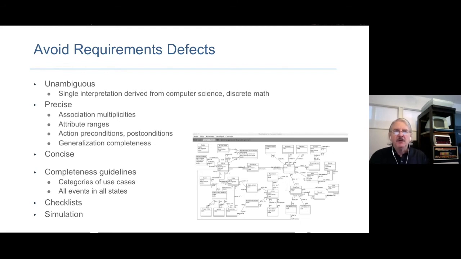The first three bullets here, unambiguous, precise, concise, they are about the model itself. A semantic model is unambiguous. A semantic model is precise. A semantic model is concise. It's unambiguous. It has a single interpretation that's derived from computer science and discrete math. And in the lower right there, what you're actually seeing is a fragment of the semantic model of semantic modeling. There's a formal definition of semantic modeling that's grounded in things like set theory, in things like relational algebra, in things like finite automata, measurement theory, etc. And so the meaning